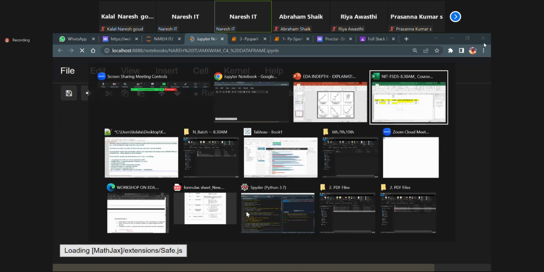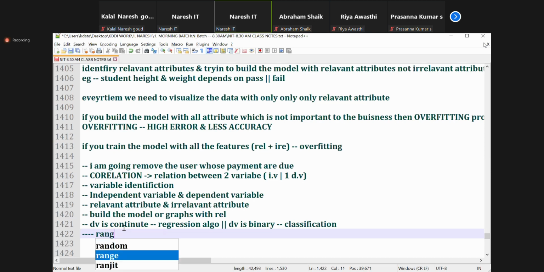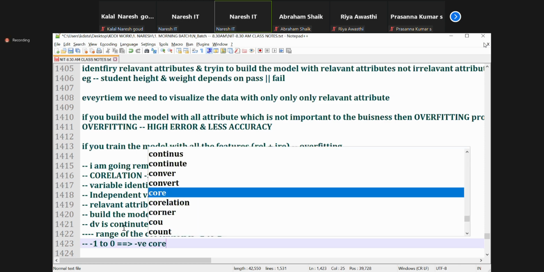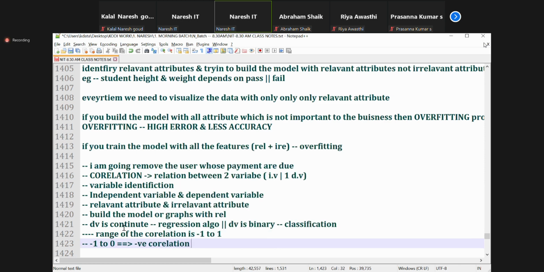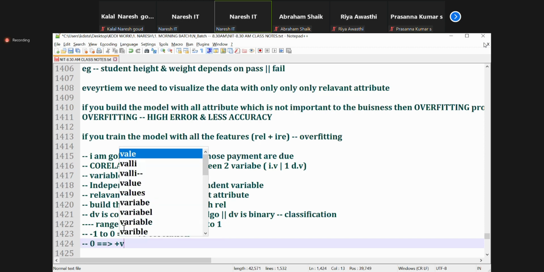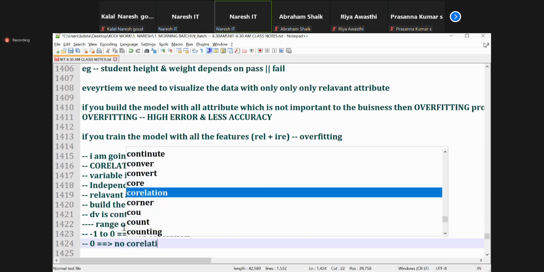And before that, what is the range of the correlation? The range of the correlation is -1 to 1. What is it, guys? -1 to 1, the range of the correlation. -1 to 0 is called negative correlation. 0 means no correlation.